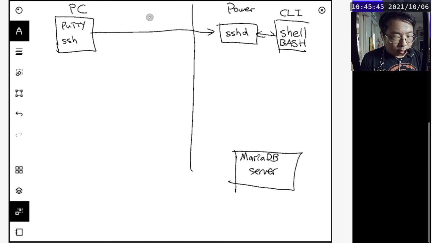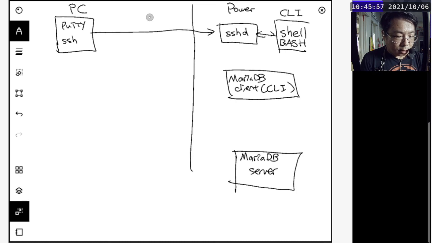So now we have the MariaDB client. It's the CLI client as a separate program. This is the program that we call MySQL. When you run MySQL on the command line using the CLI, that's what we are running. So the CLI, the command line interface, would start the MariaDB client program, which in return will interact with the